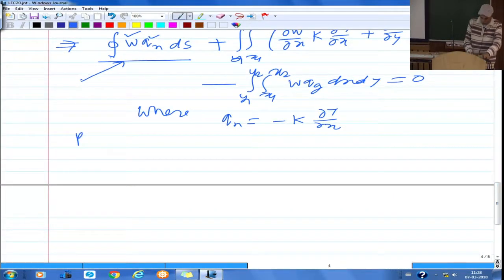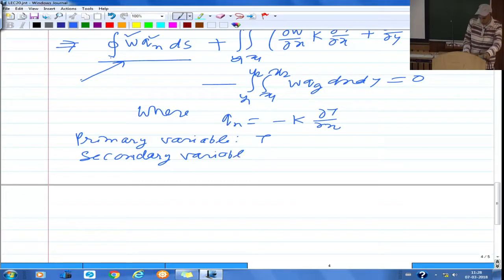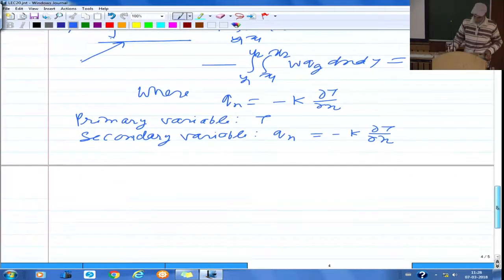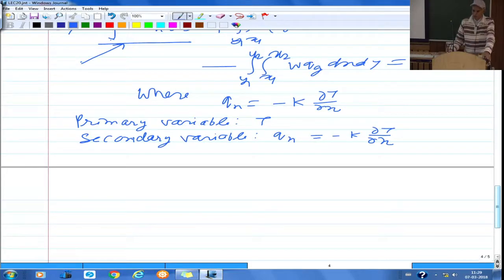So, from this you can say that the primary variable of the problem is T, and the corresponding secondary variable is qn, which is minus k into del T by del n, where n is the outward normal. That can be x, y, or minus x, minus y depending on the boundary in this particular case, or it can be at some angle with x and y if the boundary is arbitrary. The next thing is of course we can develop the element level governing equation from this itself, or we can